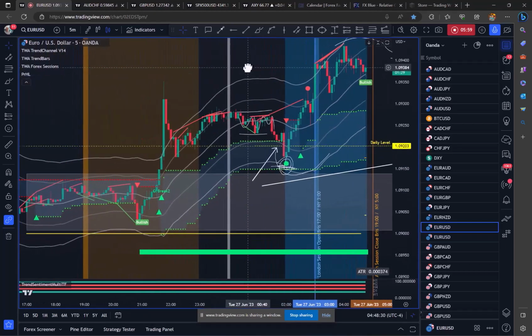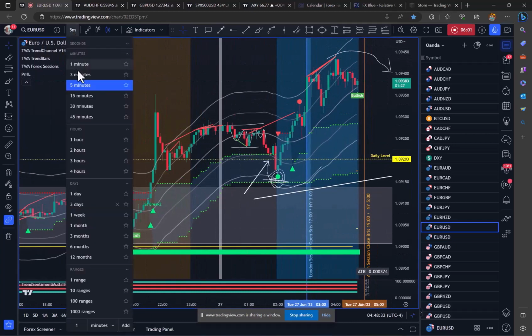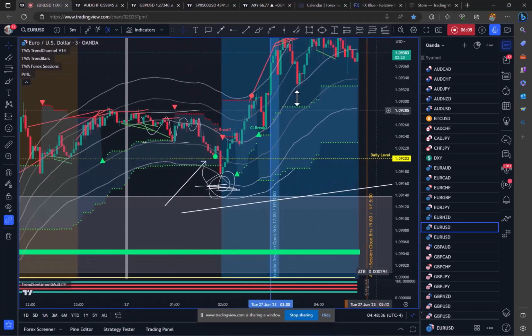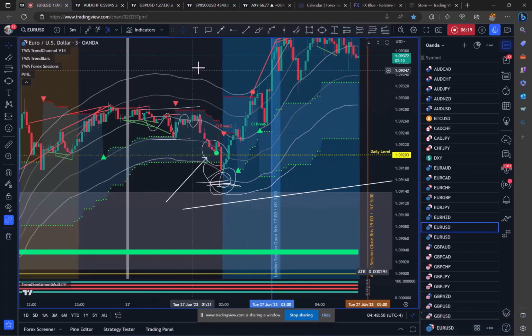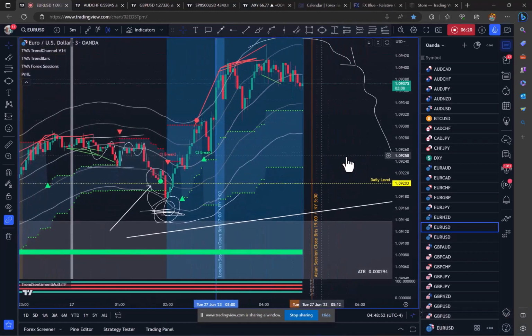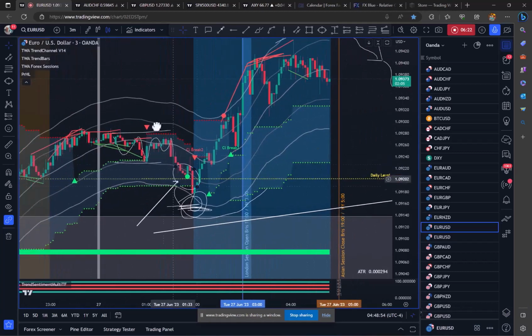Going back, actually, and we can check the 5M and the 3M. Okay, there's the signal on the 3M. It's a little bit faster than the 5M, but again, we're trading, see this yellow? We've traded down into, through this yellow, this daily. Right, that's a stop run. Right, so anyway, what I want to see is the same thing happen over here, higher low, and then we have a potential buy